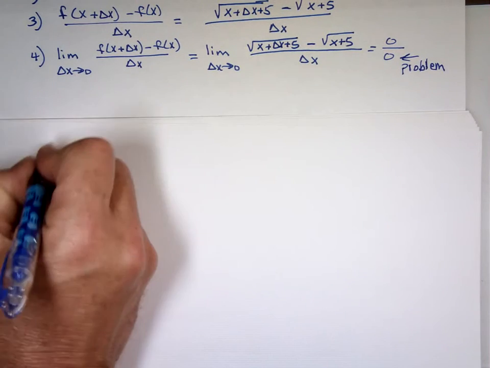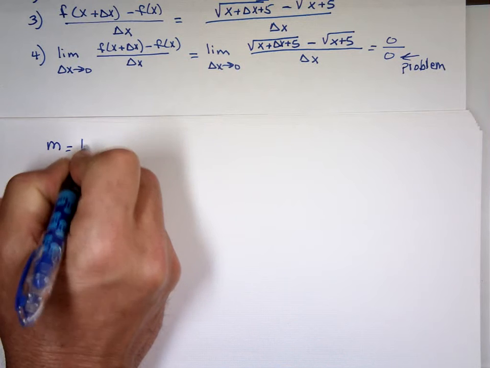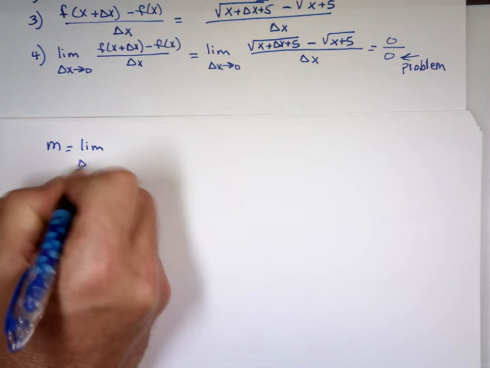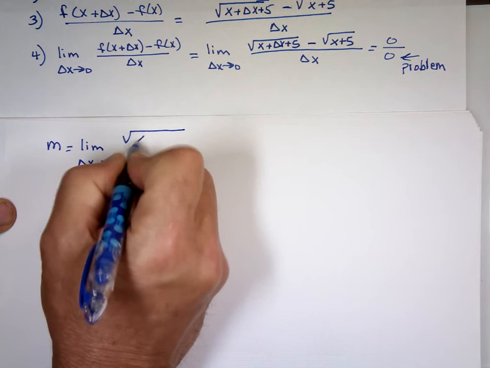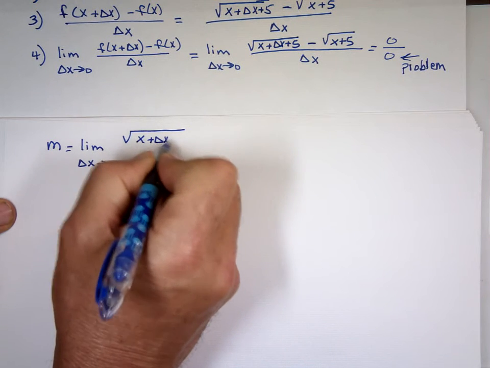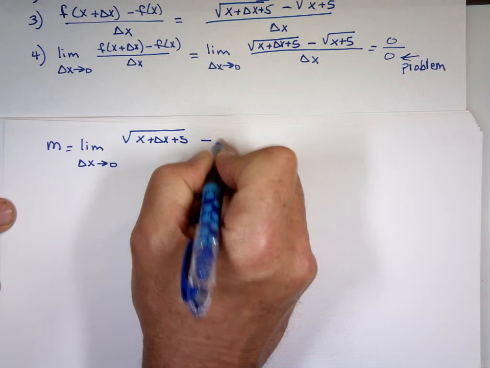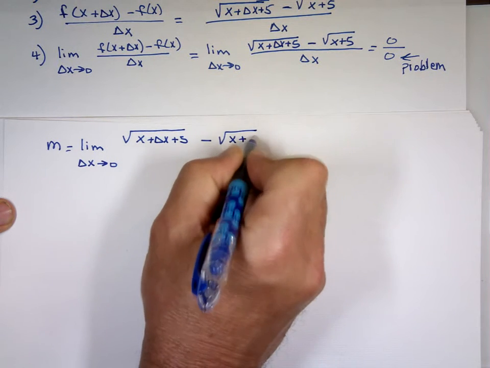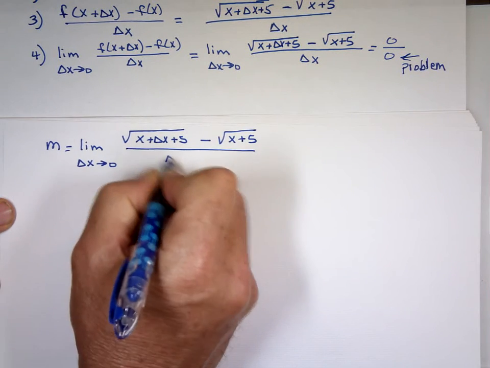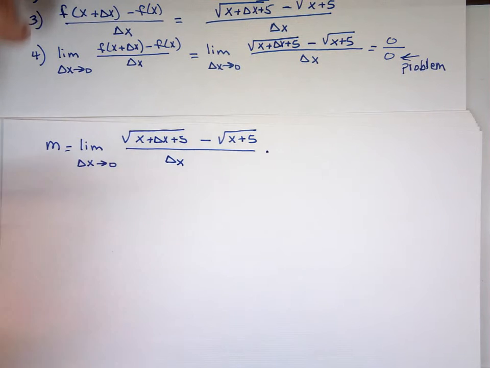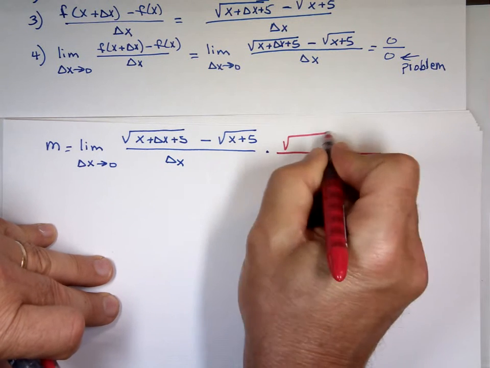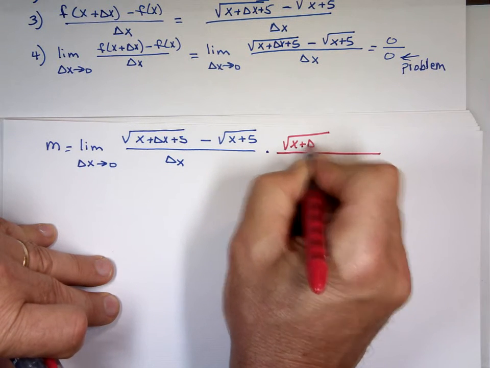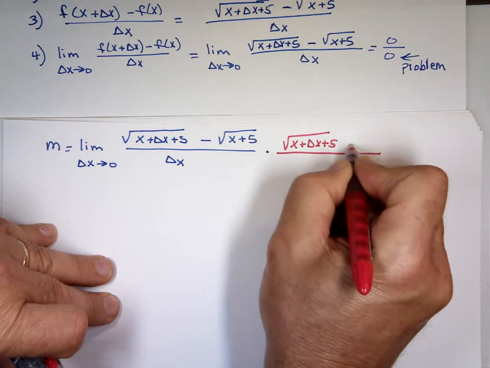That's the slope. It's the limit as delta x approaches 0 of the square root of x plus delta x plus 5, and what I'm going to do now, multiply by the conjugate, and the conjugate is the square root of x plus delta x plus 5 plus